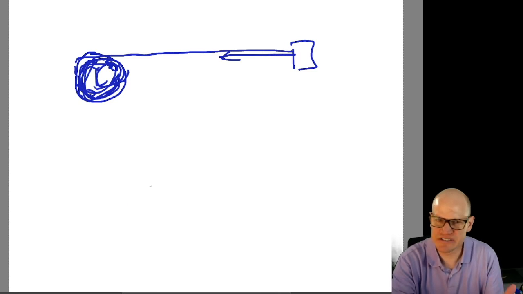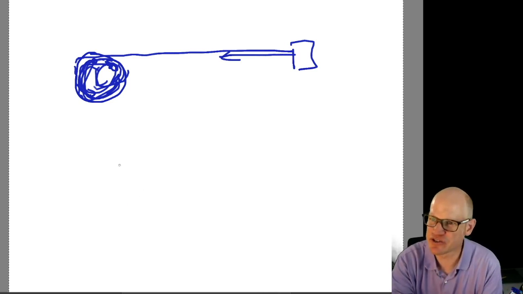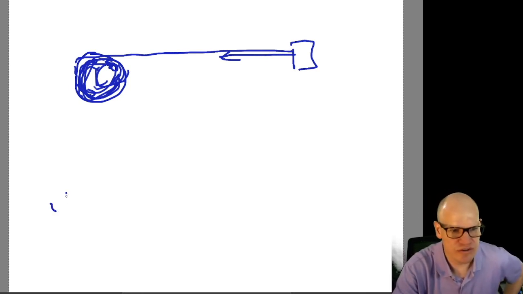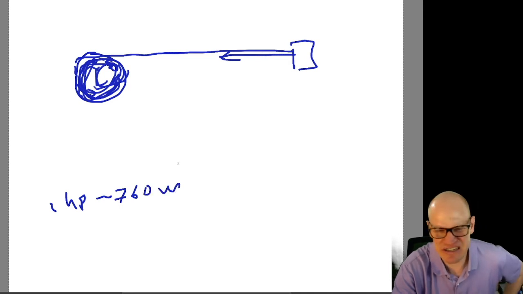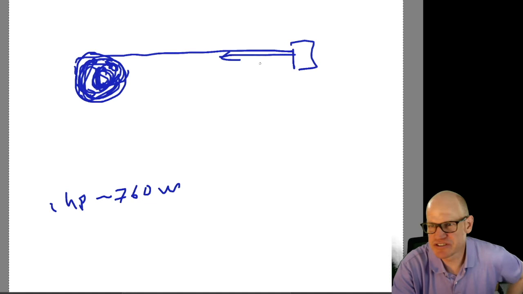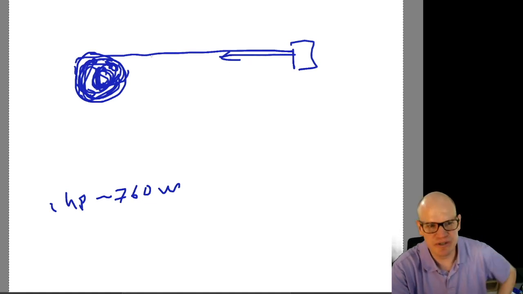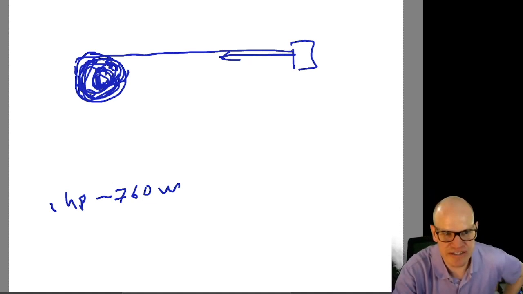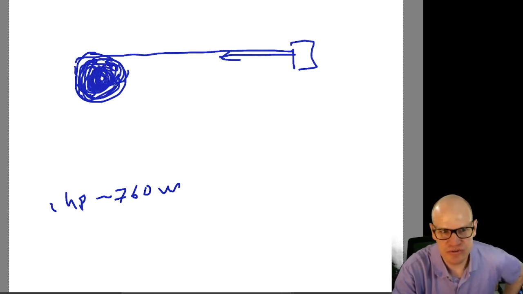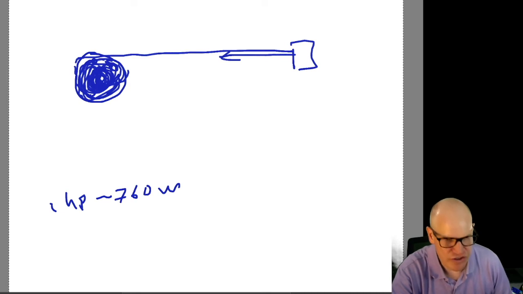A horsepower is the equivalent of a watt. It's the same kind of unit as a watt, except that it's like 1,000 watts per horsepower. So 1 horsepower, I think it's like 760 watts, something like that, which is about 1,000. So if you have a 1 horsepower garage door opener, it is imparting some of that kinetic energy into raising the garage door. Now there's a bunch of friction, so it gets dissipated, but you can translate the rotational energy that something has into kinetic energy that something else has. Another example would be